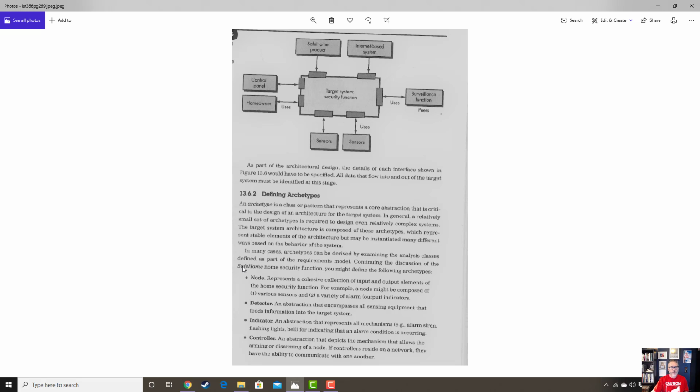So here are the different archetypes for the security function that the author came up with. The nodes, so that would be like your sensors and alarm bells. Detectors, so that's sort of an abstraction for the nodes. Indicators is an abstraction that represents output mechanisms. And controller is the thing that allows us to arm or disarm a different node. Okay, so